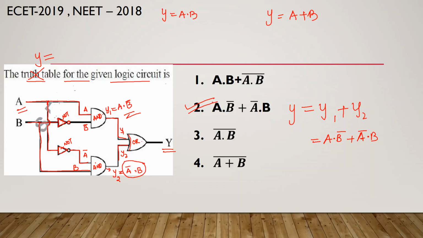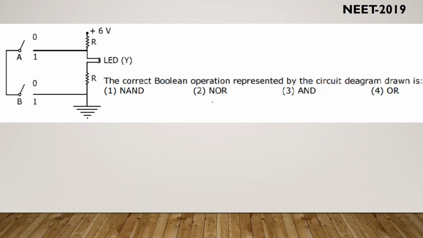I hope you understood. Don't worry just by looking at the diagram. It is very easy. You can easily score 4 marks for this, NEET students. Even IIT students can easily get 4 marks. Even in engineering examinations, they will get 2 questions on logic gates. Now let us move on to the next problem. Okay, finally the 2019 NEET question, a previous year question. In this year, he has made some twist.